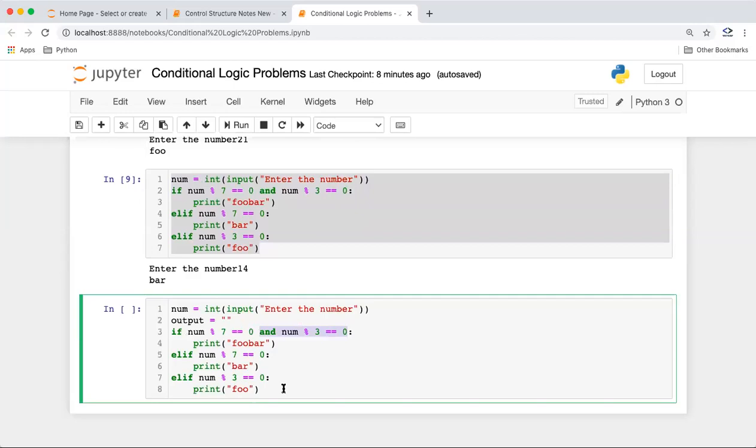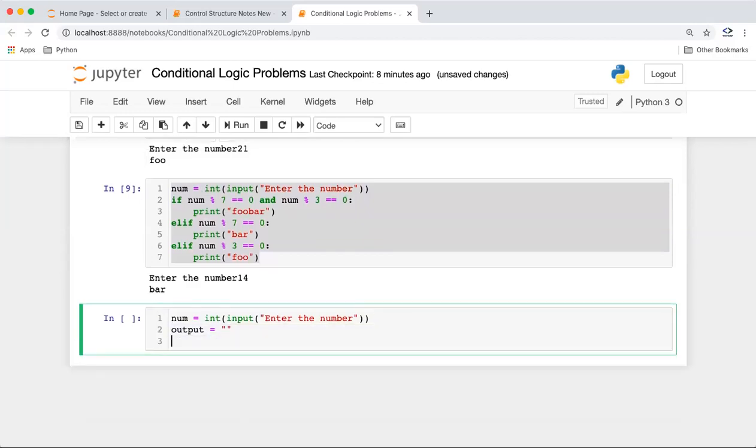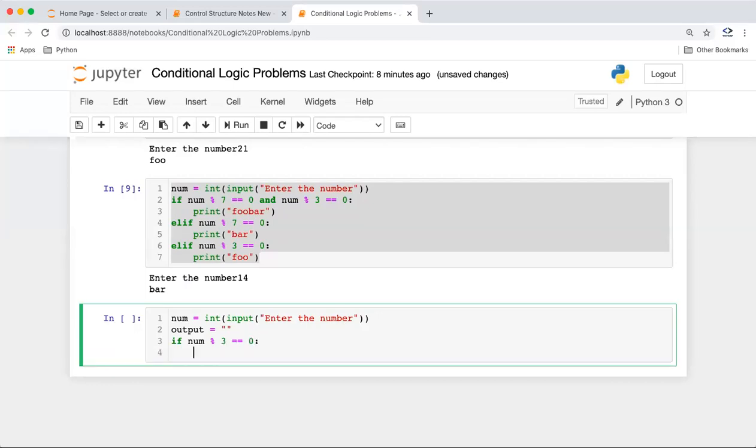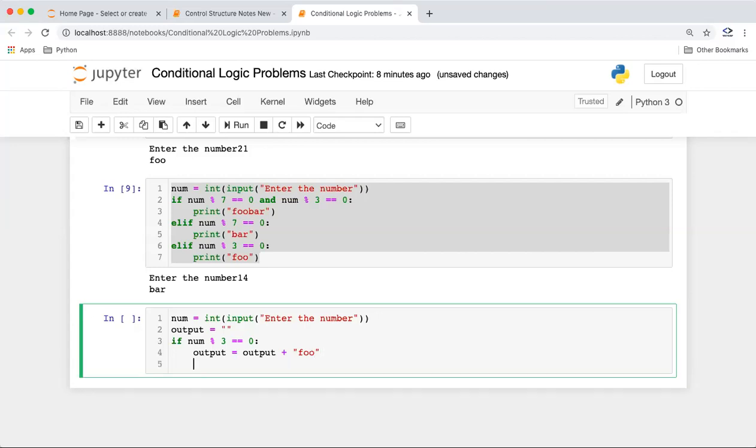So we know we are getting foo for 3. We are getting bar for 7, right? Okay. So what will I do? If I'm checking the number divisible by 3, first we are getting foo for 3, right? I will say output equal to output plus foo.